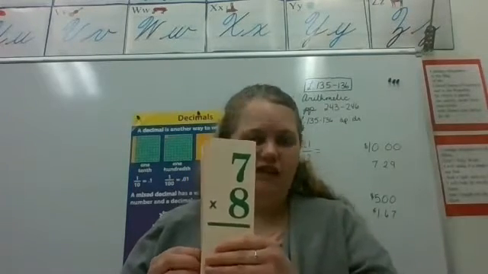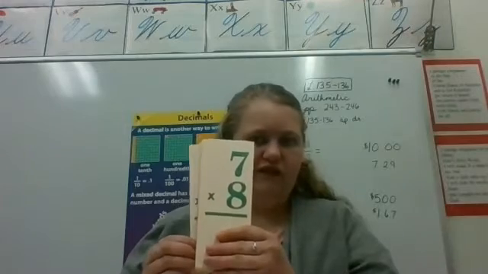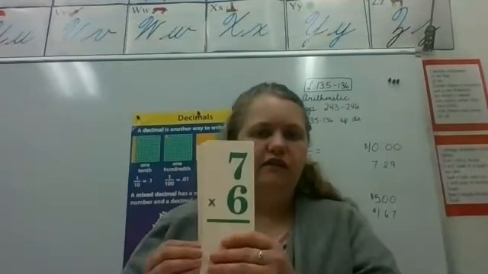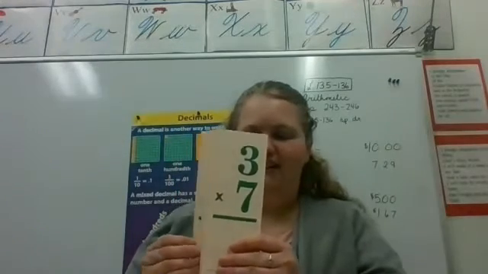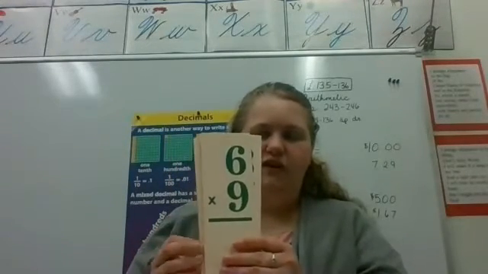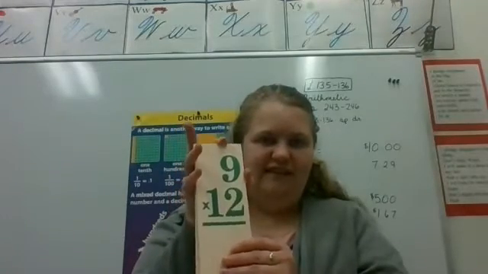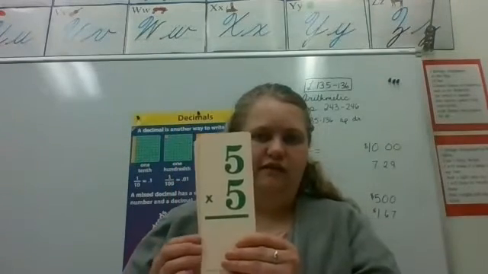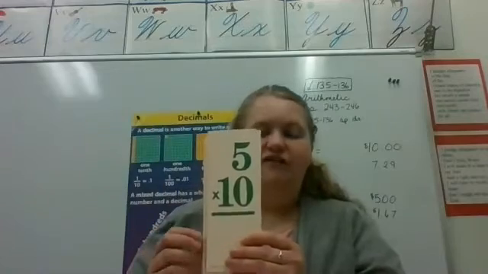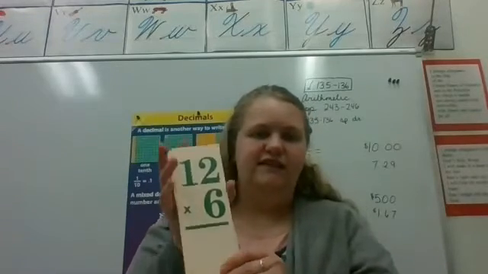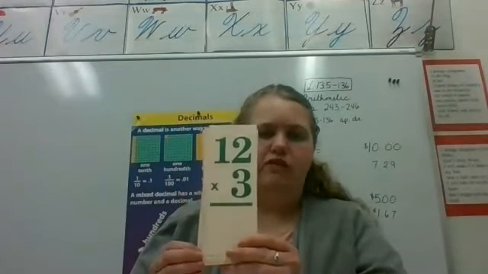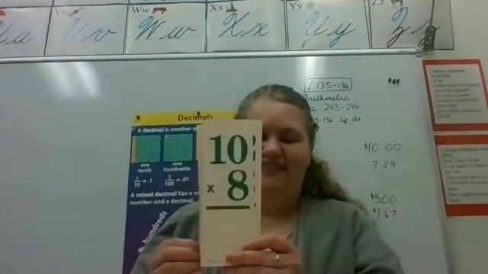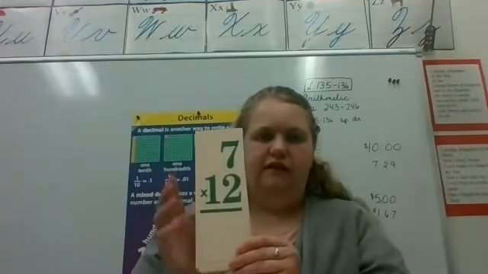Okay, 7 times 8, you say that one. 56, good. 7 times 6. 42. 21. 54. 108. 25, that one's easy. 50, that one's also easy. 72. Okay. 36. 80. 144, 84,